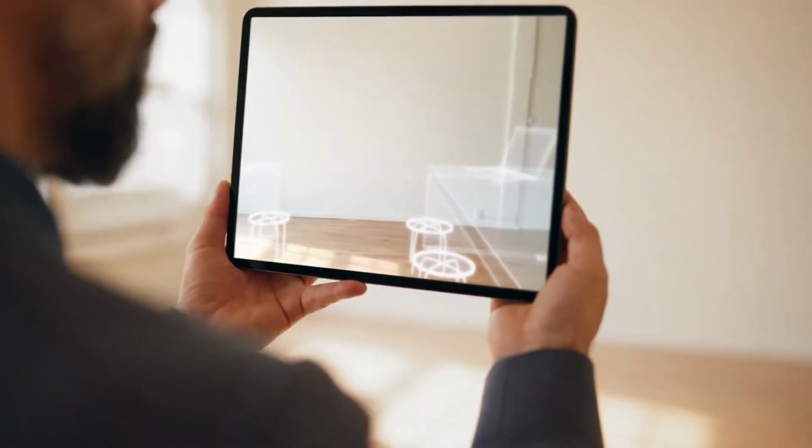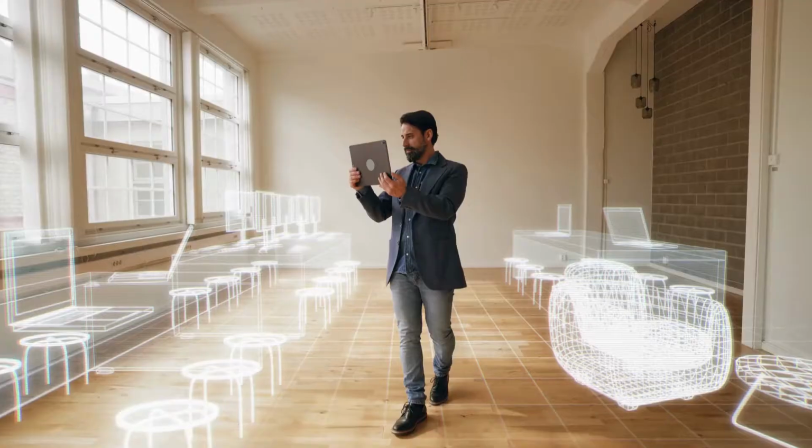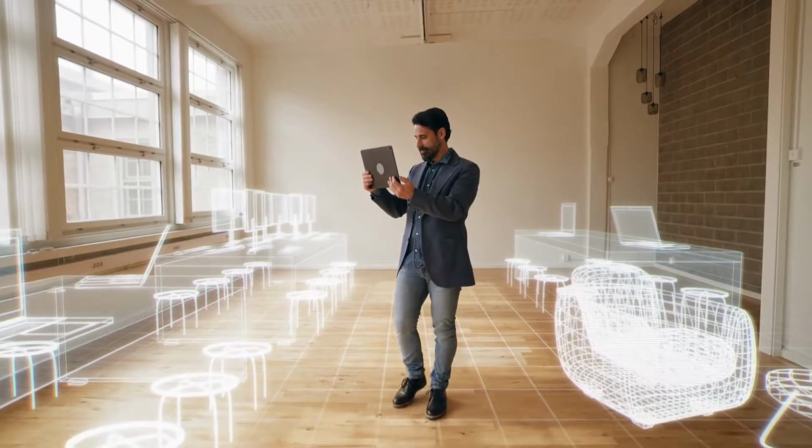Lastly, you can access AR through devices like your phone or your iPad. You just hold up the device. You can see through the camera augmented elements transposed upon the environment.